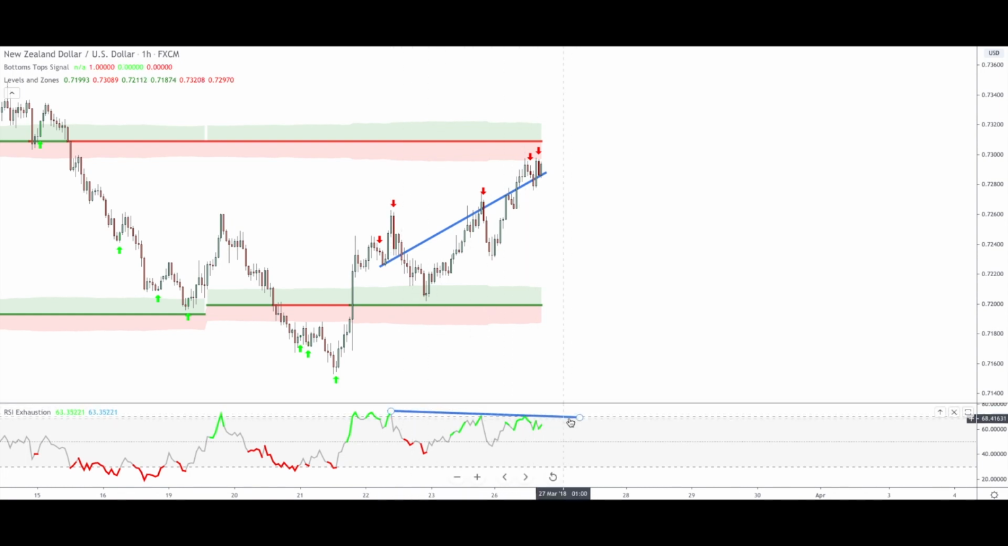It's almost flat but slightly down, but this means that we have divergence between the price, which goes up, and the RSI, which goes down. And this is the first condition that we need to have. So divergence is checked. The second condition is to have the RSI exhausted, and in this case is bullish exhausted,